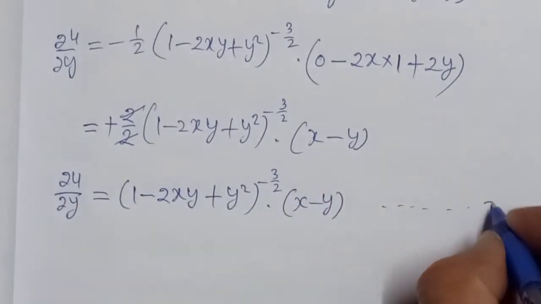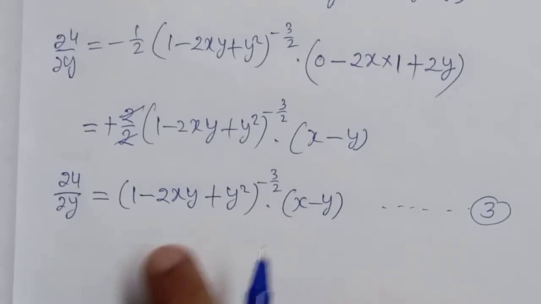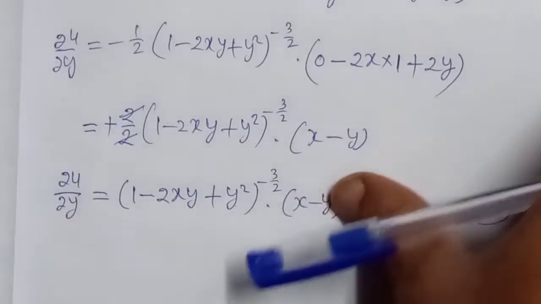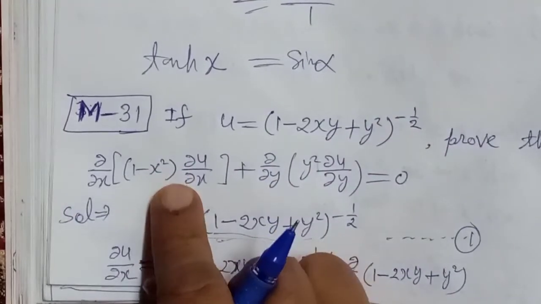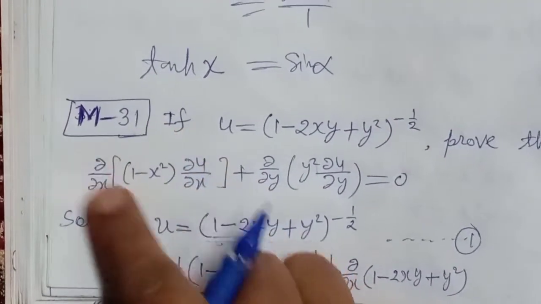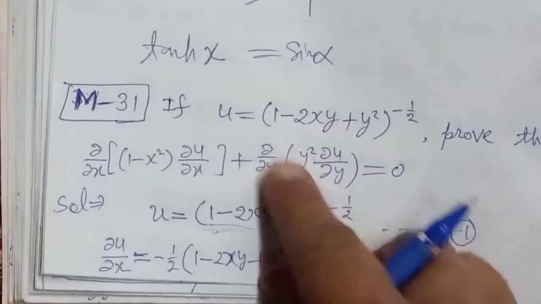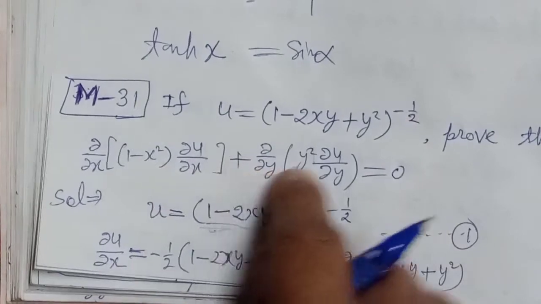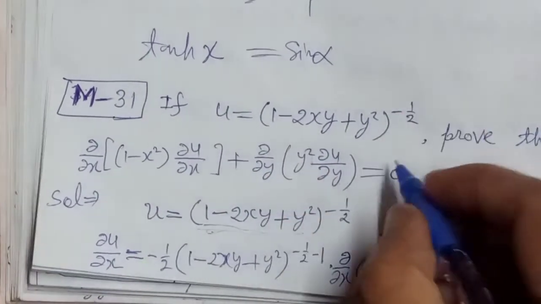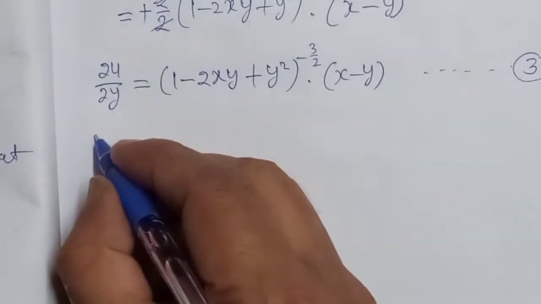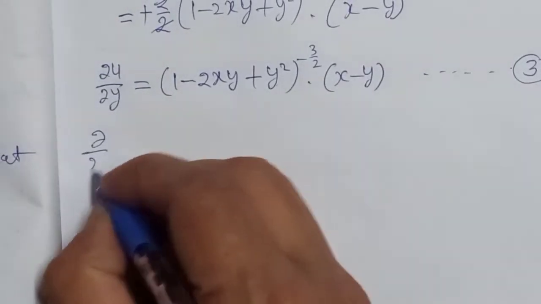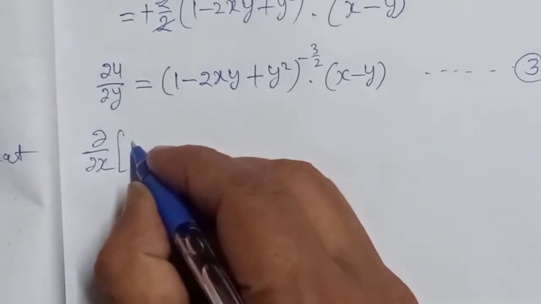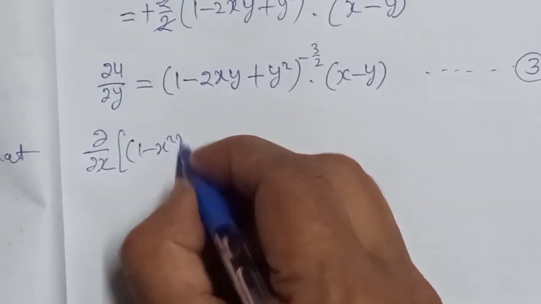I write this as equation number 3, and now we should find the value of this term, and after that I will add it and we will find the 0. So differentiate. First I find the value of the first term, which is 1 minus x square del u over del x